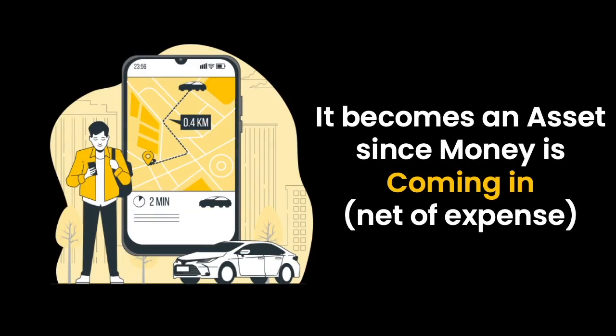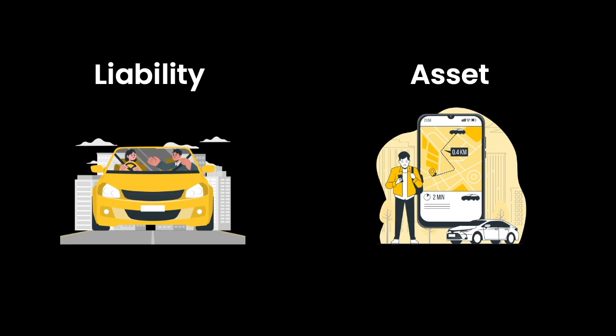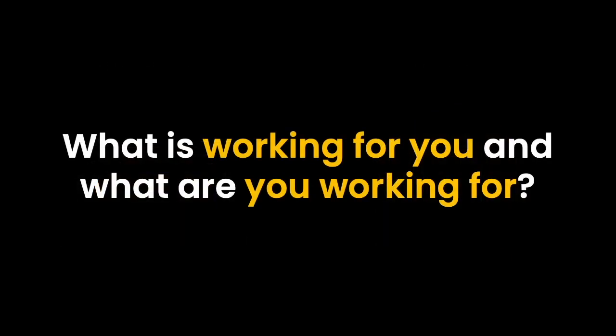Now, if I start using this car as a taxi, it immediately becomes an asset. It's something that's putting money into your pocket. Obviously, assuming that the amount that you're able to generate from using the taxi or renting out the taxi is more than or at least equal to the amount that you need to pay as EMI on the bank loan. So in these two situations, in the first instance, the car was a liability. Why? Because it was taking money out of your pocket. In the second situation, the car has become an asset because it's putting money into your pocket. This is a subtle difference. This is a very valuable difference, and you must understand it and appreciate it and really look at your balance sheet and understand what is working for you and what you are working for.